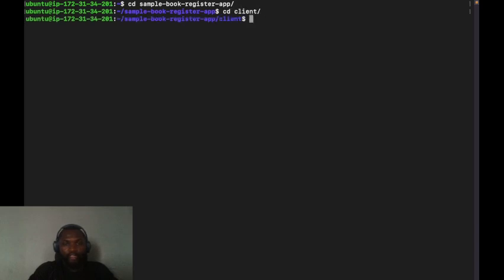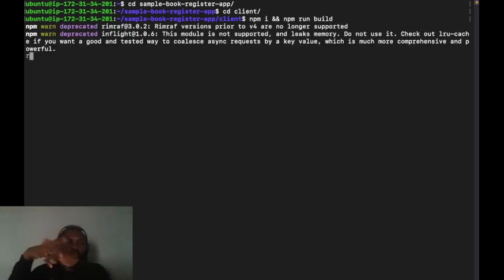Now, you can cd into the repo folder. Then I want to go to the client side first. In the client side, I want to run npm i, which means I want to install the node packages defined in the package.json file. When that is done, I also want to run the command npm run build, to build the application into HTML, CSS, and JavaScript files